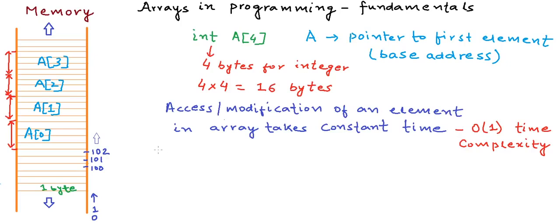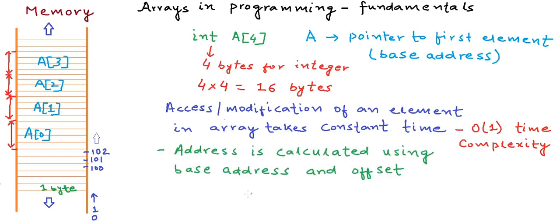When we try to access an element in the array, the computer first calculates the address of this particular element using the base address and offset. So for example, if we want to access the fourth element in the array, which is a[3], then the address is calculated from the base address a by adding the offset 3, and the value at this particular location will give us a[3]. All these pointer arithmetic operations that we are doing here are possible only in C and C++,